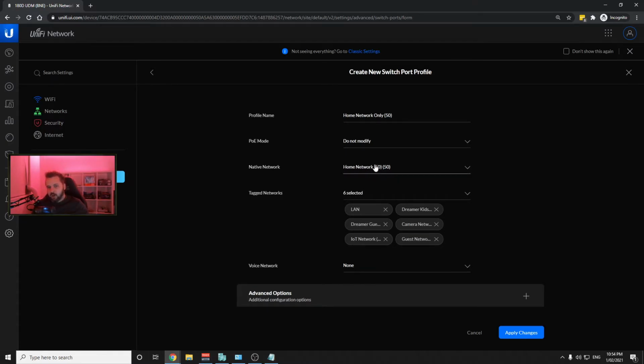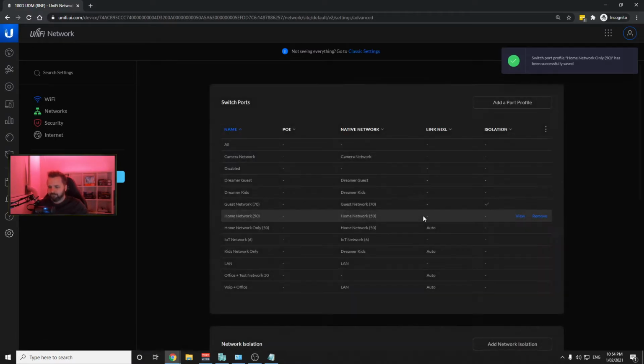the native network will be the home network, and the other networks, LAN, Dreamer Kids, Dreamer Guest, Camera Network, IoT Network, and Guest Network, will also be accessible from this switch that we're about to create by tagging these networks as well. We press apply changes, and we do the same thing again, but this time we do it for